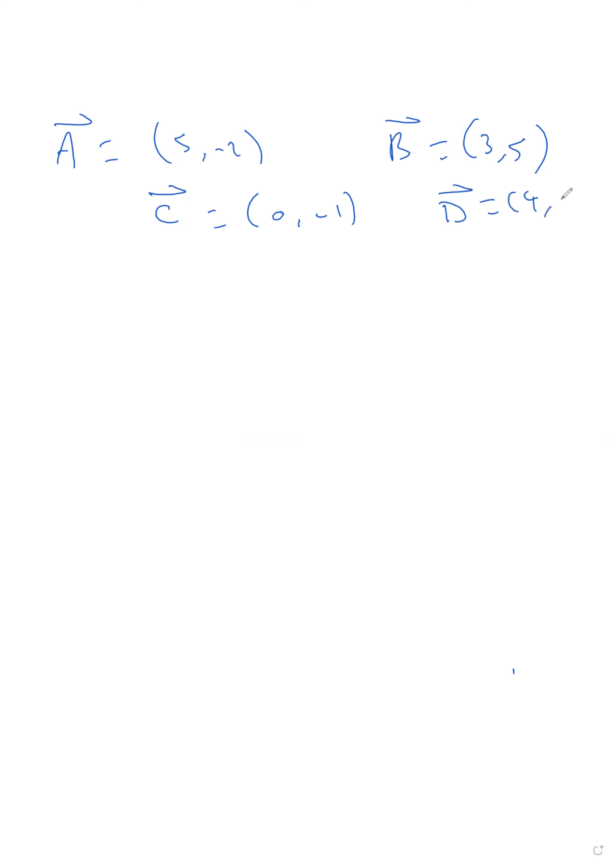Vector A equals 5 and negative 2. Vector B equals 3 and 5. Vector C equals 0 and negative 1. Vector D equals 4 and 2. Okay, how can I find the norm of vector AB minus 2BD